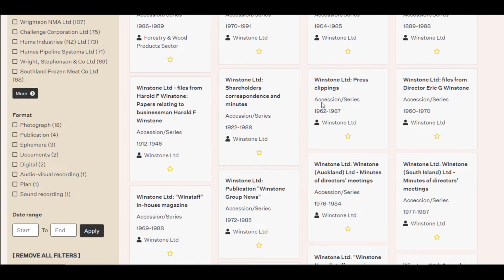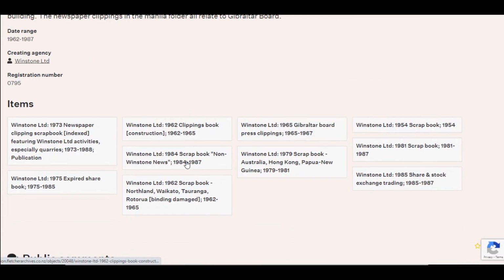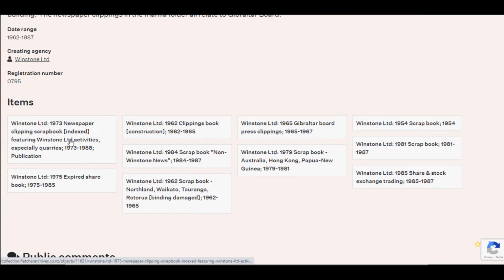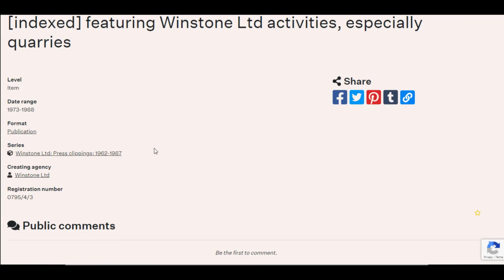So I can, for instance, see the broad series they've got. So for instance, Winstone is one of the subordinate companies, and I could see all of their press clippings where they've written a broad description of the individual clippings that are available, and then as they've got time, they've added in catalogue records for the individual items. So Vernon supports that archival structure where we can catalogue at different levels and provide clear links for people jumping between those different levels.